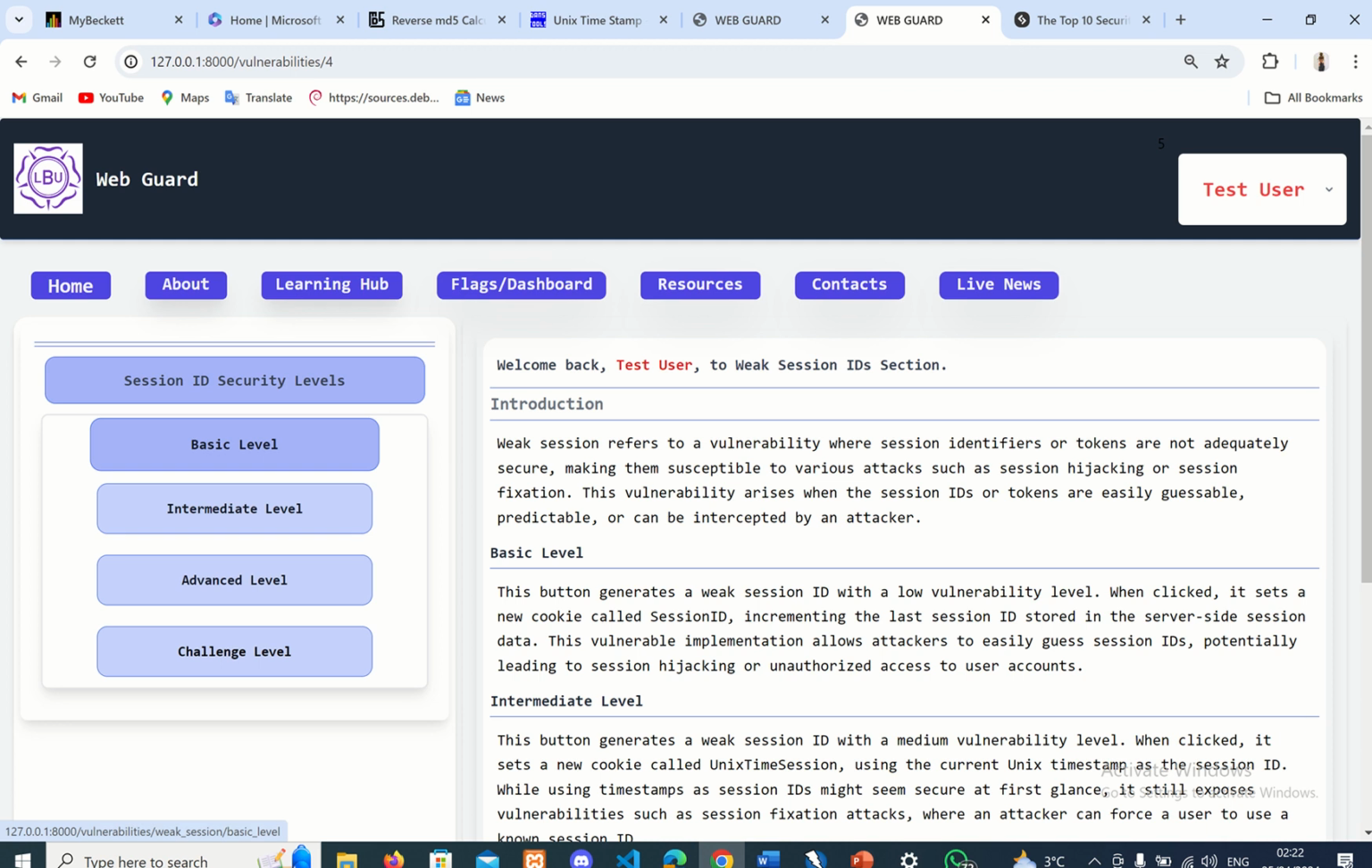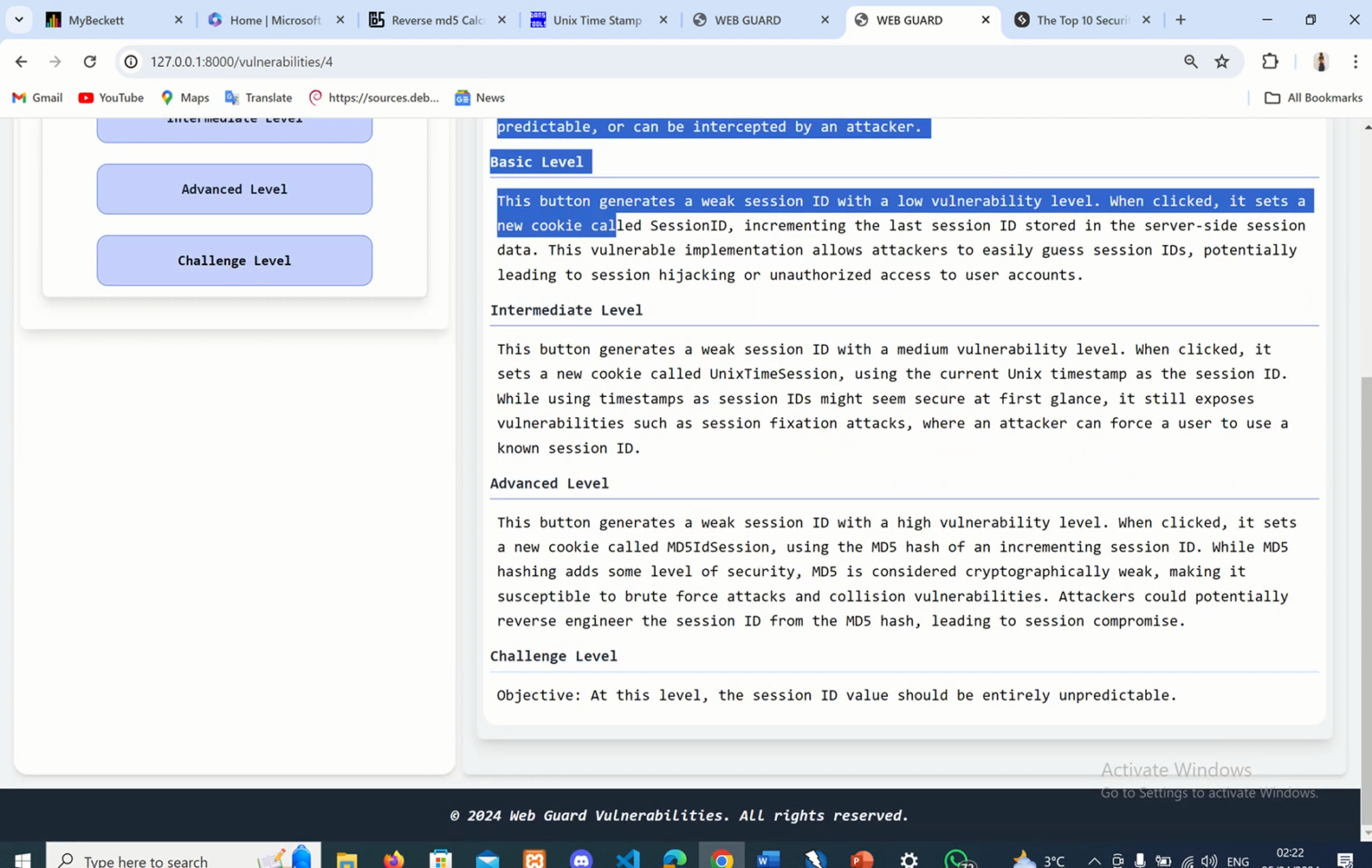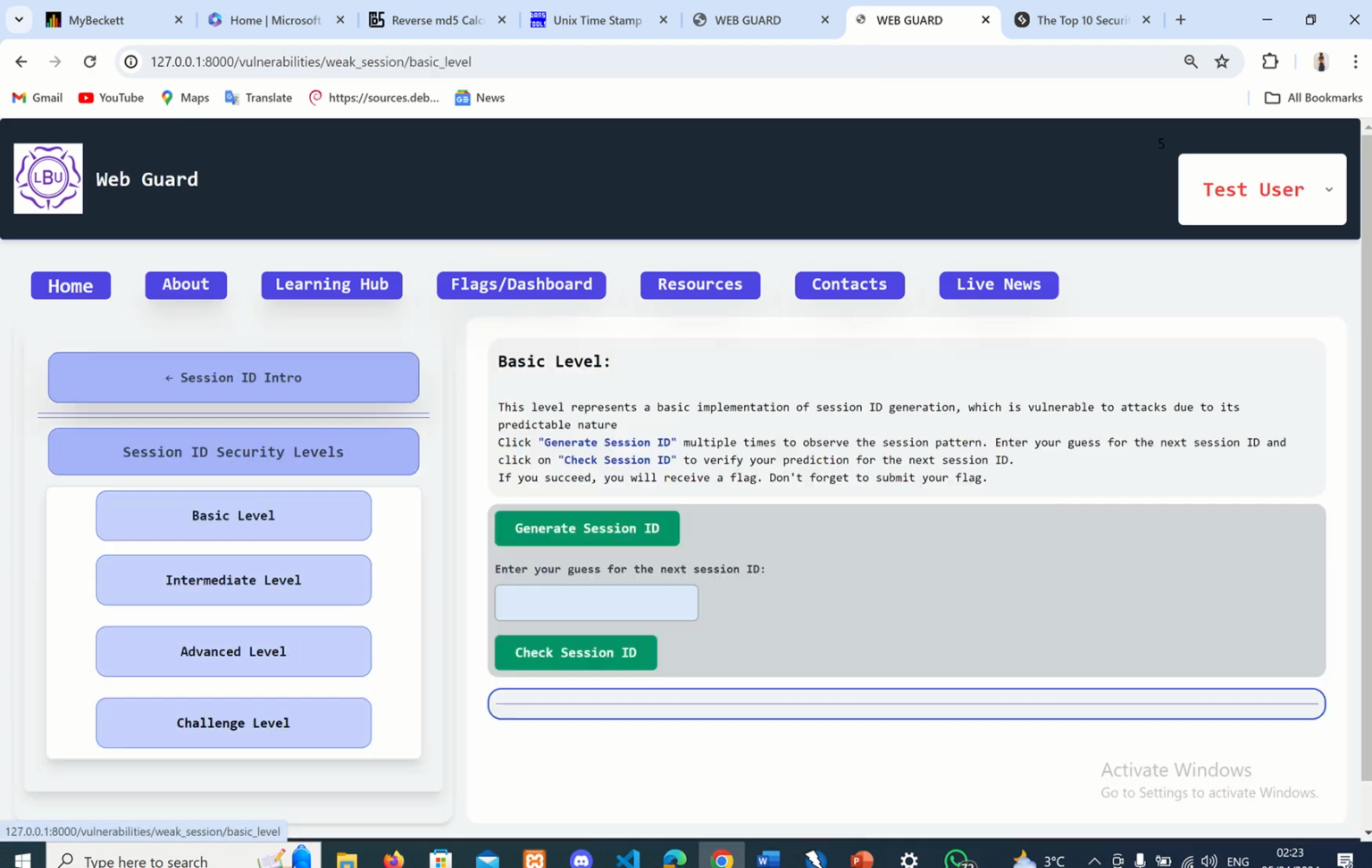On the left hand side it displays the security level of the vulnerabilities, beginning from basic level, intermediate, advanced, and challenge level. And on the right hand side, detailed documentation explains the vulnerabilities and provides instructions as well. When I click here,